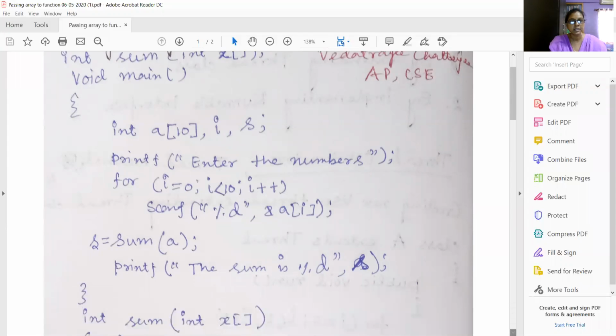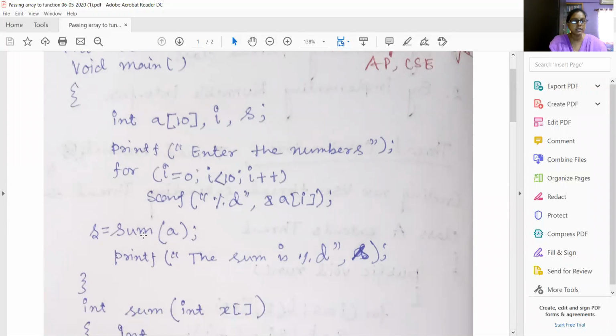Then I have called the function sum, and the array name has been given. When you studied string arrays, you became familiar with this kind of syntax: when you use gets, the string is taken as input, and if the array is named char s[30], it is given just by the name s.